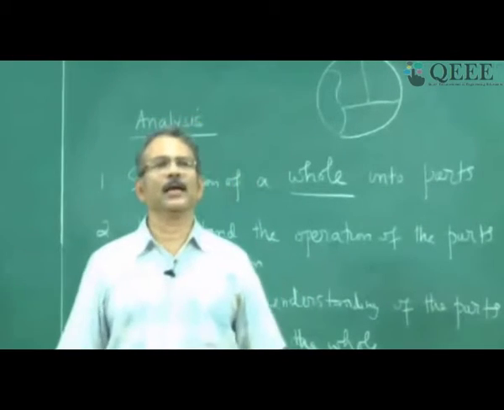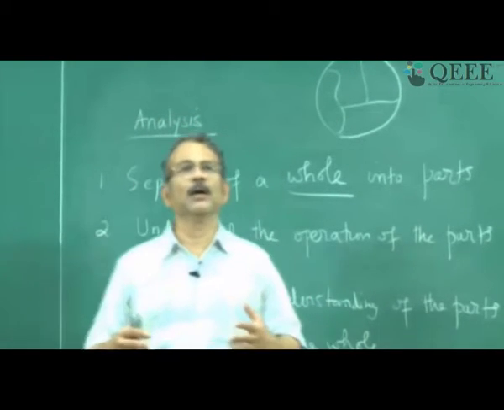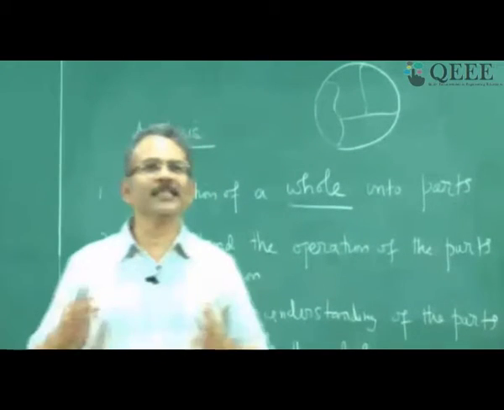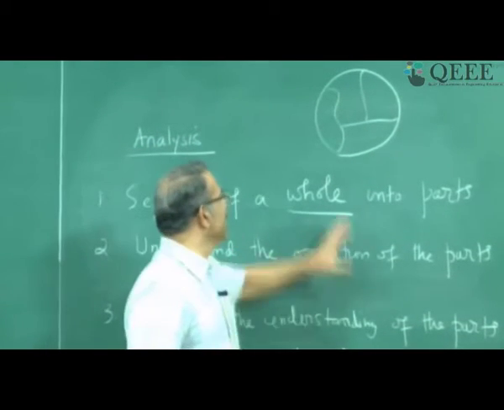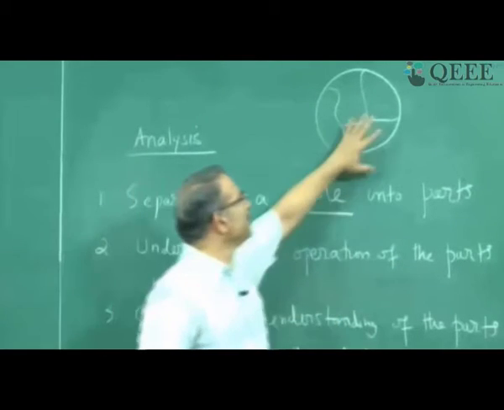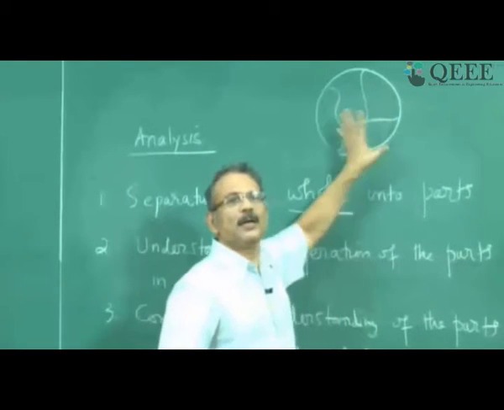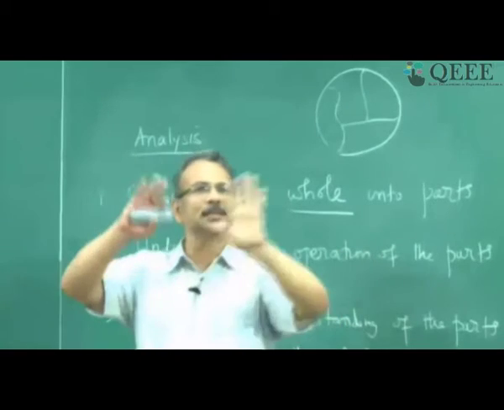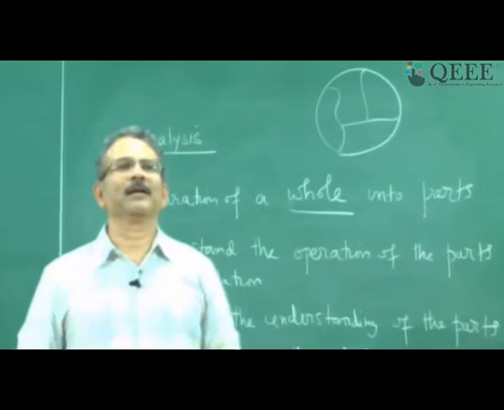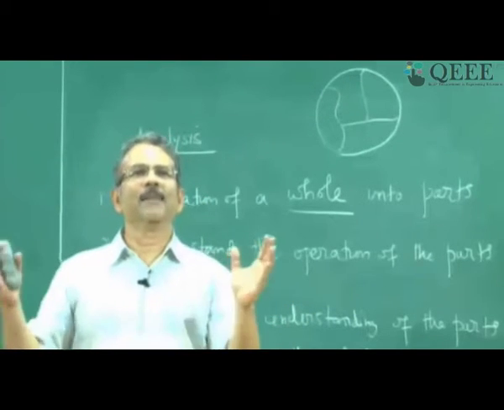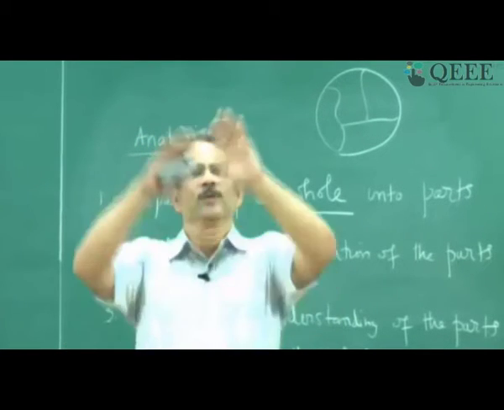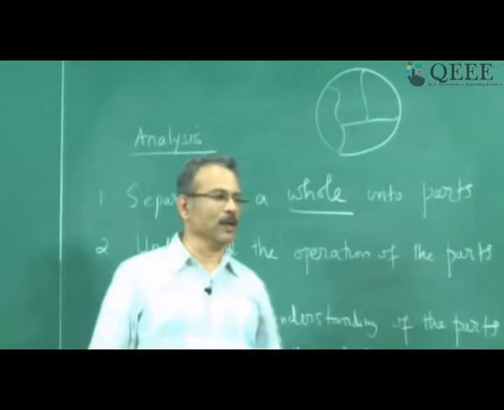So when you say scientists or engineers have good analytical ability, what does it mean? It means whenever they are presented with something, they understand using these steps. They separate a complex situation into parts, and they are intelligent enough to separate in such a way that one part will not affect the other very much. Then they understand the parts and combine the understanding, so that they get an understanding of the whole.